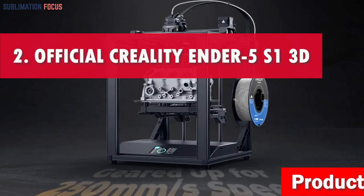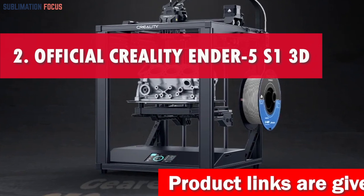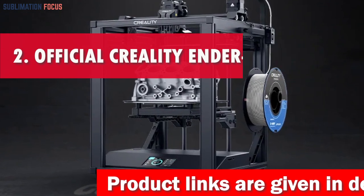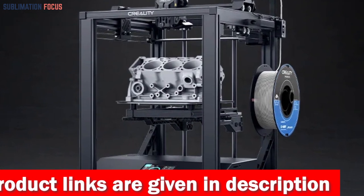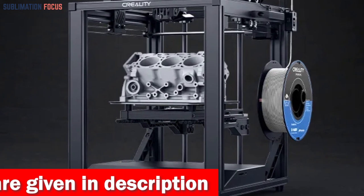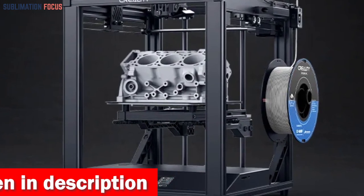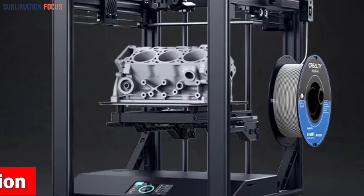Number 2 is the official Creality 3D printer Ender 5S1. If you are searching for a cutting-edge 3D printing solution that combines speed, precision, and innovation, look no further than the official Creality Ender 5S 3D printer. This remarkable machine redefines the boundaries of printing, offering several features designed to elevate your creative abilities to